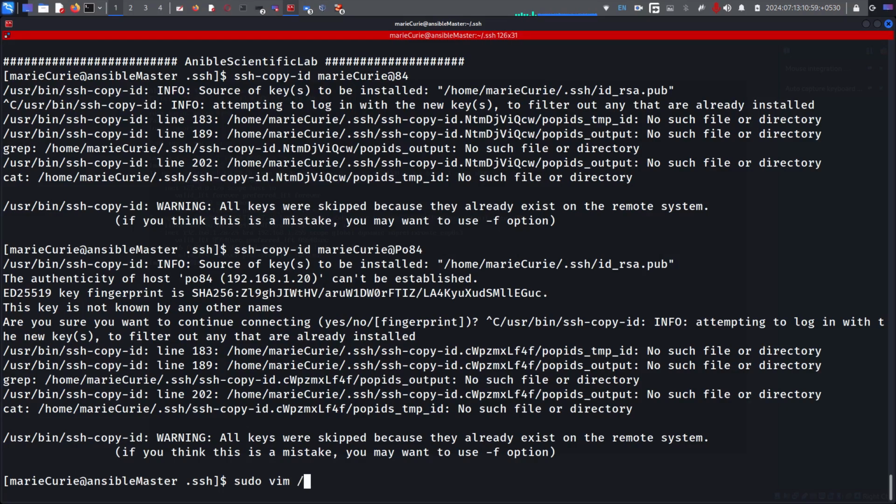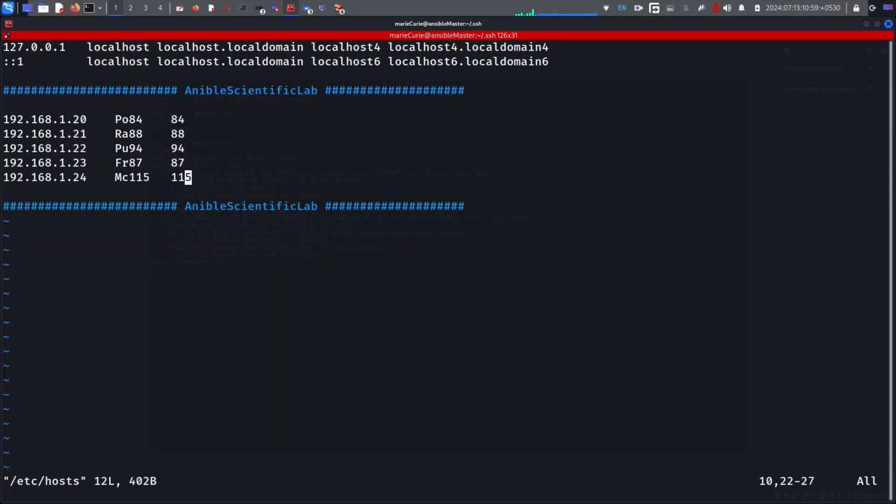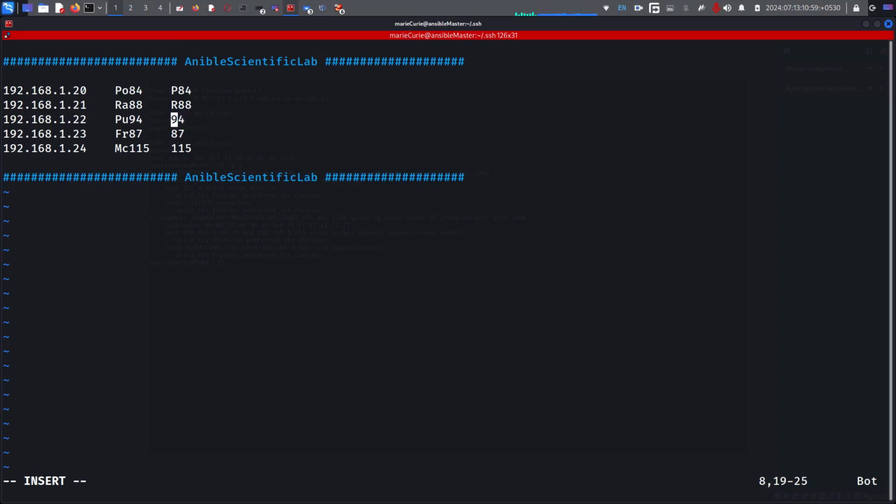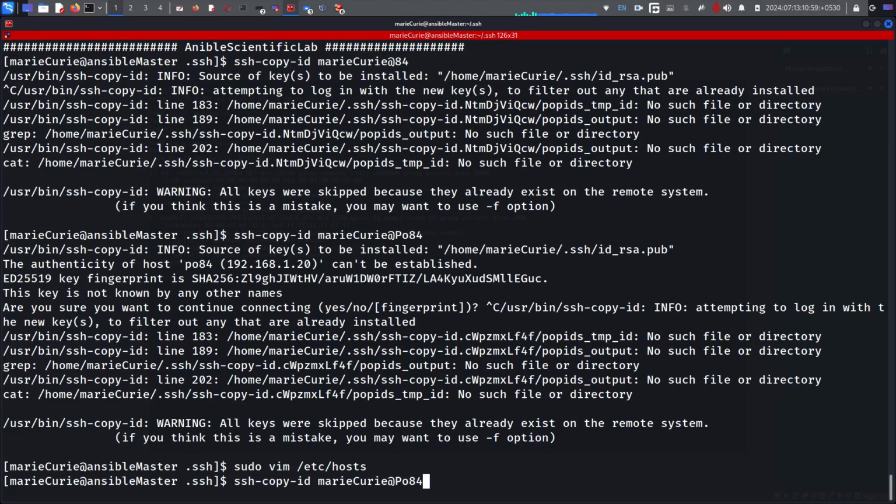Sudo vim /etc/hosts. Okay, I am going to use real short names: P84, R88, and again P94 for plutonium 94, F87 for francium 87, and M for moscovium. Okay, that's it. If you give P84 now, it will point to polonium 84, and it will ask the type